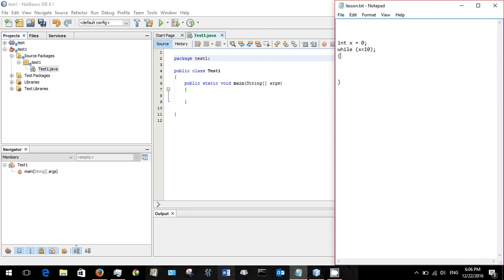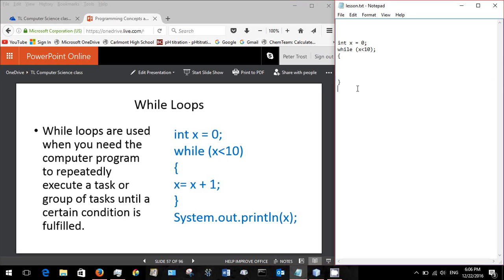So just keep that in mind. And if you do put a semicolon, this is actually kind of dangerous because the compiler won't recognize it as an error. There will be no syntax error. Because what you're basically saying is,